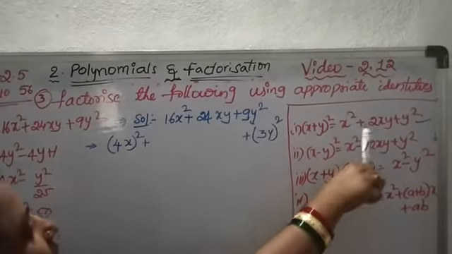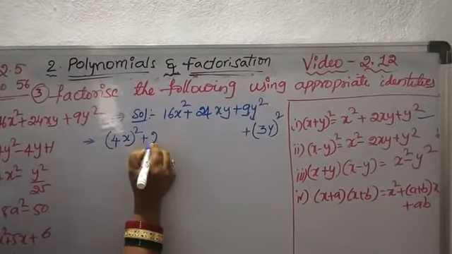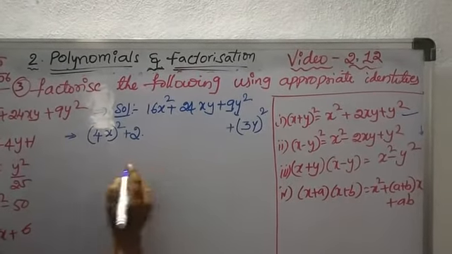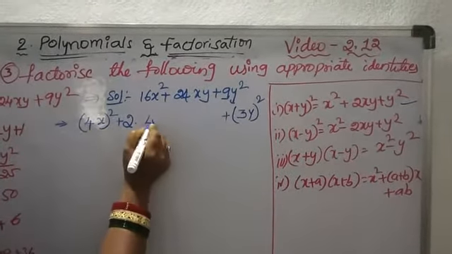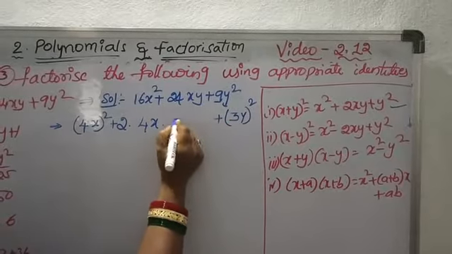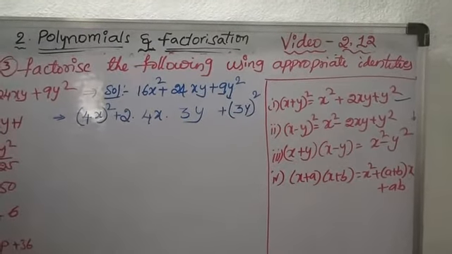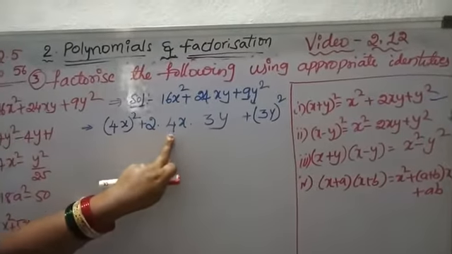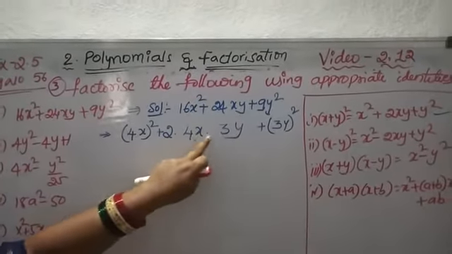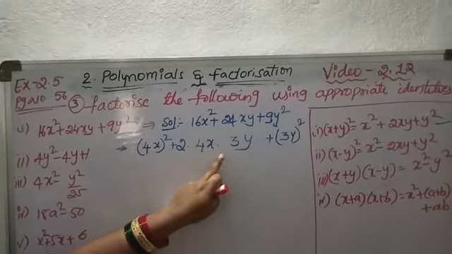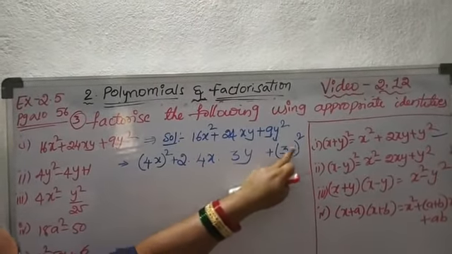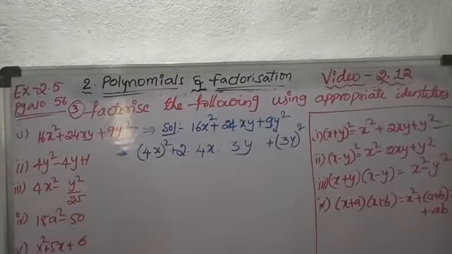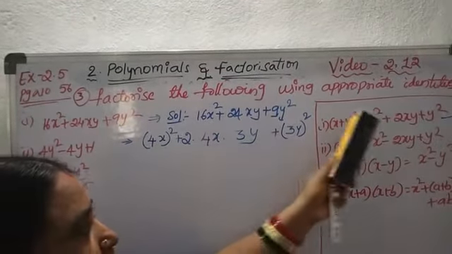And in the middle we have 2xy. So first write 2xy by using the formula 2 into x, in the place of x we have 4x, in the place of y we have 3y. There is no change here. 4x square means 16x square. 2 4s are 8, 8 3s are 24xy, plus 3 3s are 9y square. So we get the same above expression.